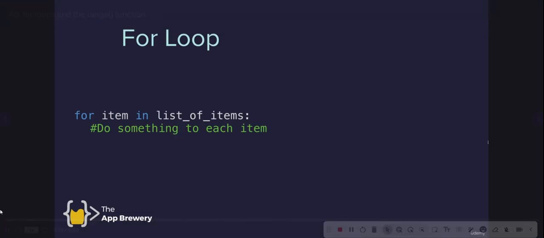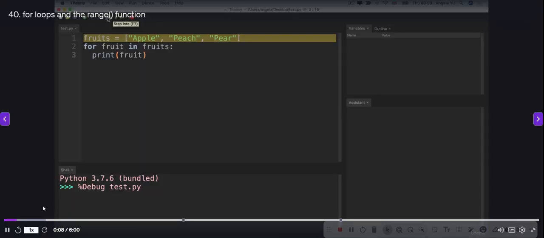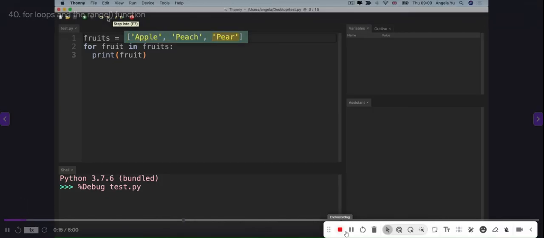Now, up to this point, we've only been using for loops in association with lists. So we've been looping through the list and getting hold of each of the items in the list and then doing something with it, right? But we're not always